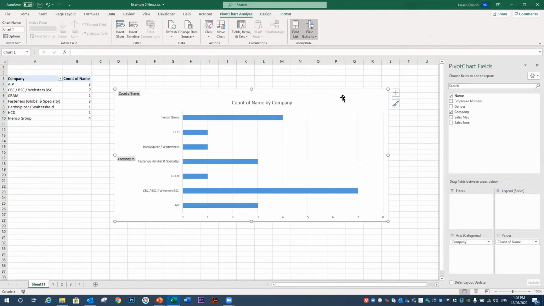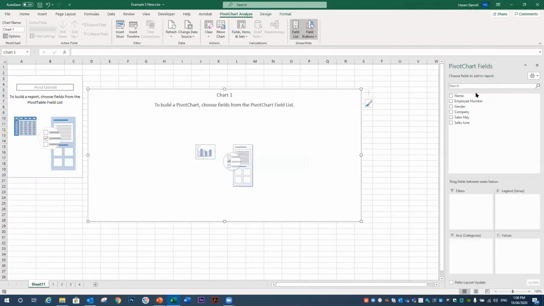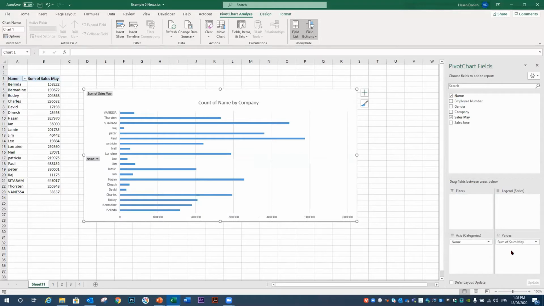I want the sales of May for each of the employees. So I'm going to remove all of these things so it becomes blank. This is like a pivot table. I'm going to select name, drag it into axis, and then select sales May and drag it into values. There you go. I have now the sales of May for all the